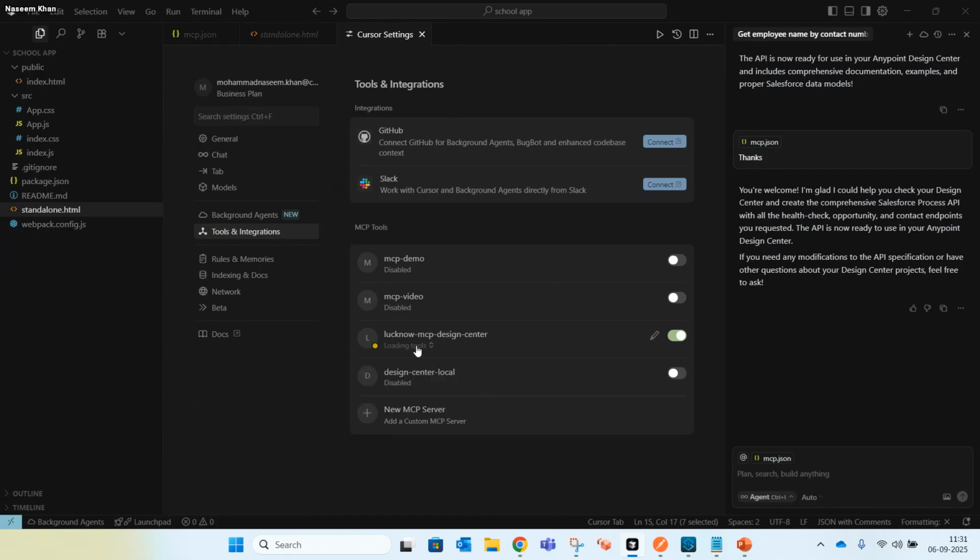Let it get loaded. Once it is loaded, it will show the number of tools you have exposed, and it turns green.